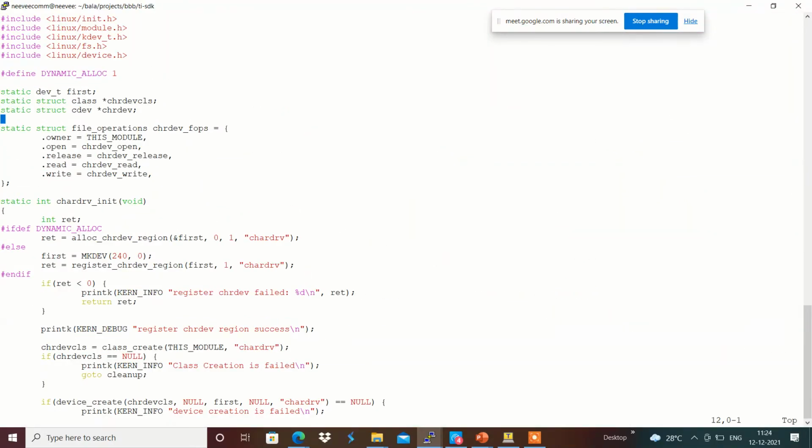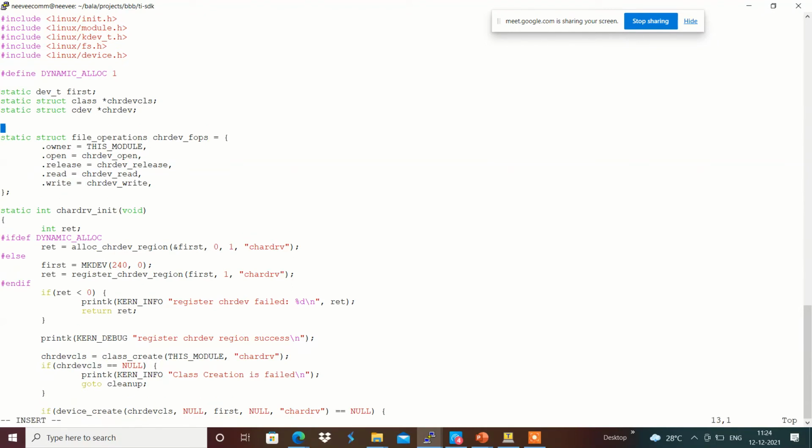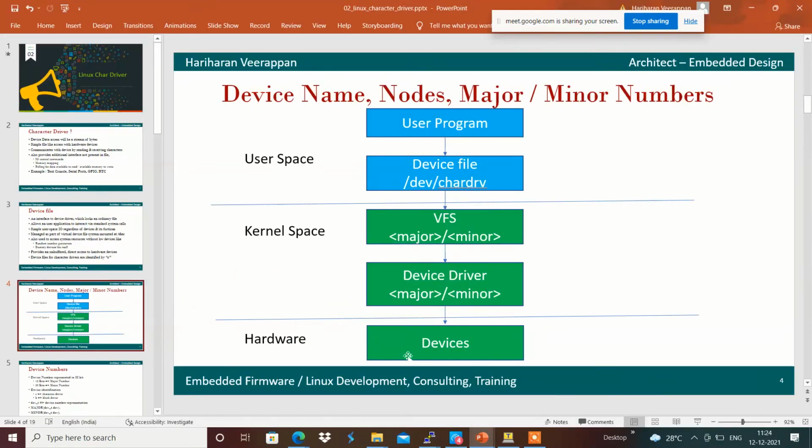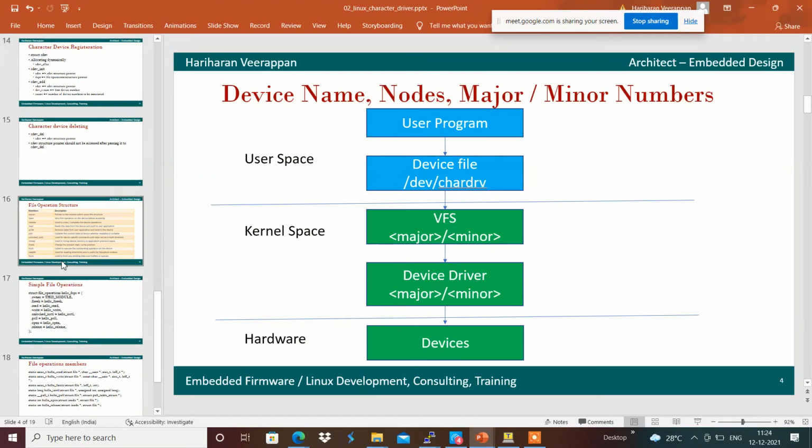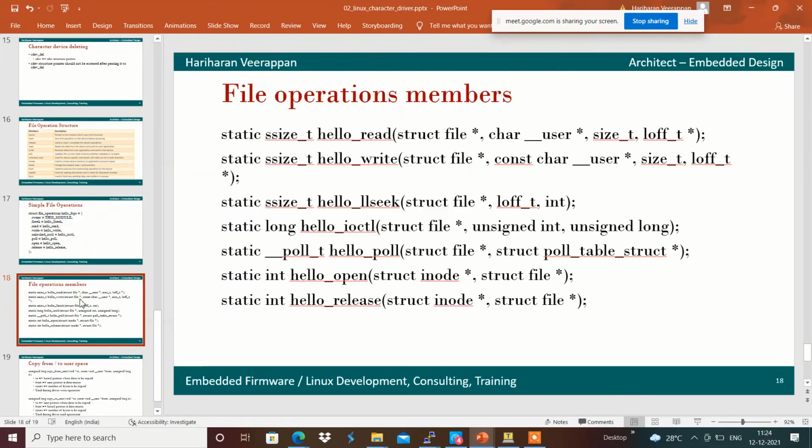I just created this file operations, and based on the definitions we can add the file operations members. Open will have the inode structure and file structure.